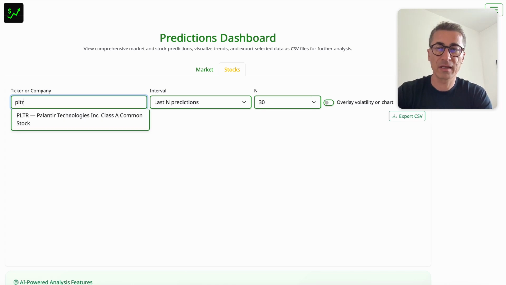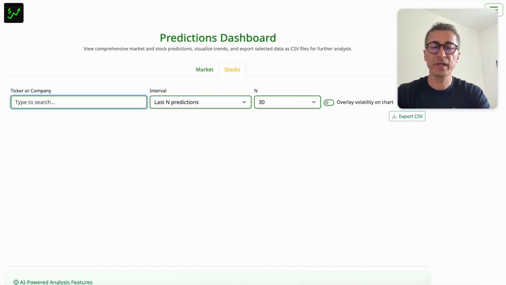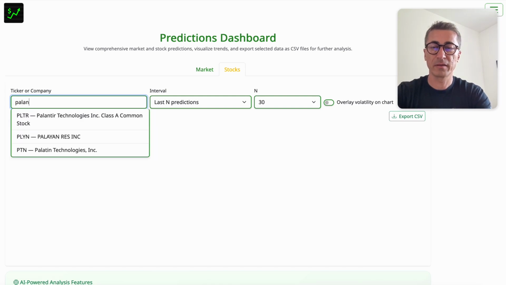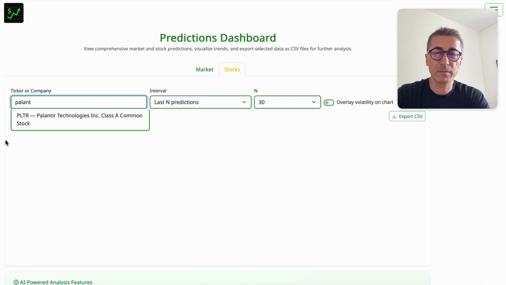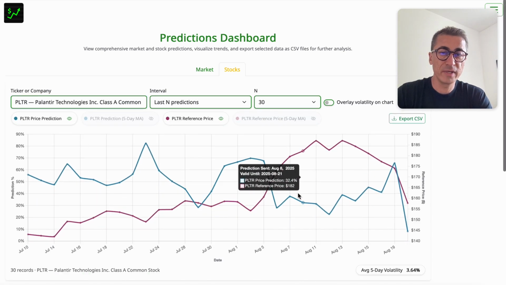Let's see, I can just write the ticker of Palantir, PLTR, so that you find the company. Alternatively, you can also write the name of the company, and you still find the same company in the search bar, so that it automatically finds whatever the thing or company you are searching for. And if you just click on that one, then we see the predictions and the prediction trend for this company